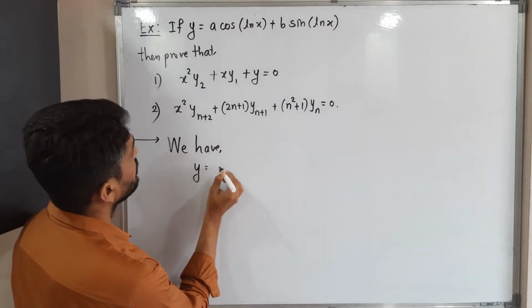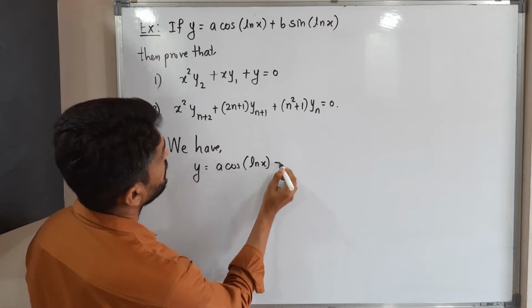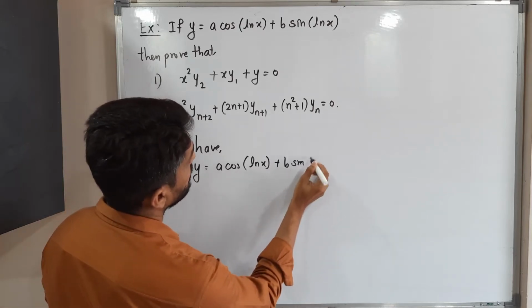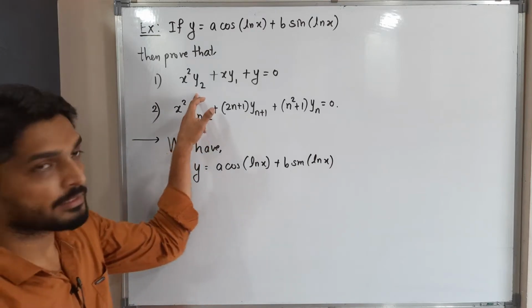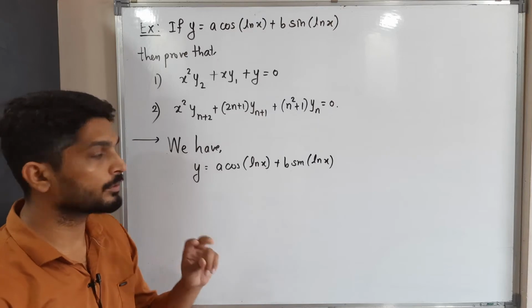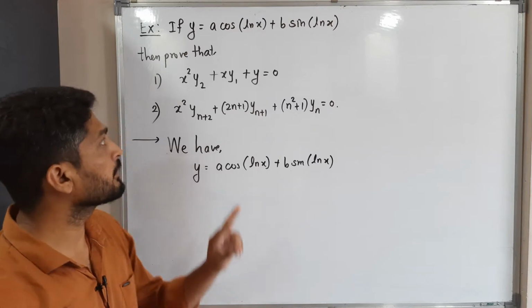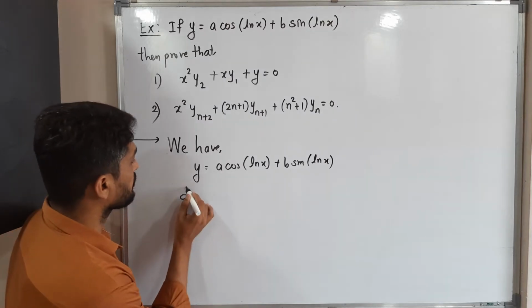y is equal to a cos ln x, that means log x, plus b sin ln x. So as you can see here, y2 is there, the highest derivative is the second derivative, so that's why I will find the first two derivatives and we will try to prove the first equation, right? So let us differentiate